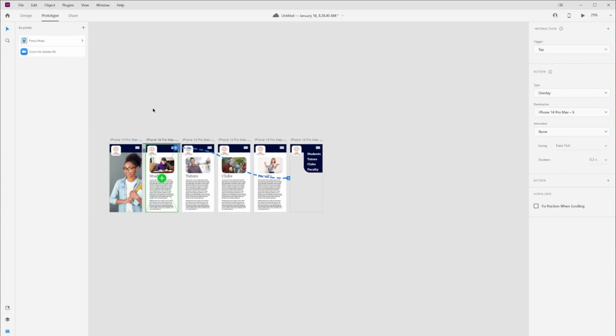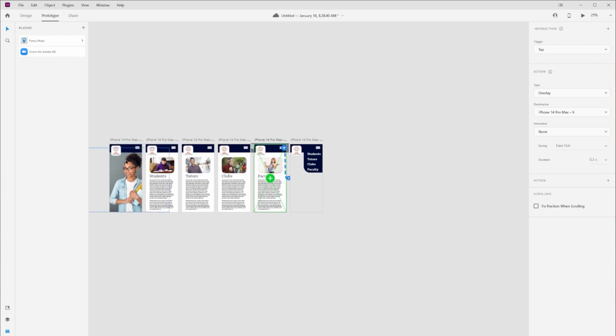So if you missed that the first time, don't worry. We're going to click on the hamburger menu, click the arrow, drag it over to here, make sure it's set to overlay. Do the same thing here, click on the hamburger, set to overlay. It should automatically do it, but I always like to check and make sure. Set to overlay. And one more time. All right, so now when I do that, we can know that that is going to bring up that overlay.